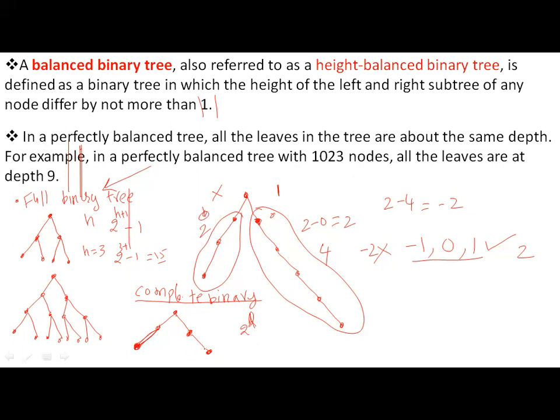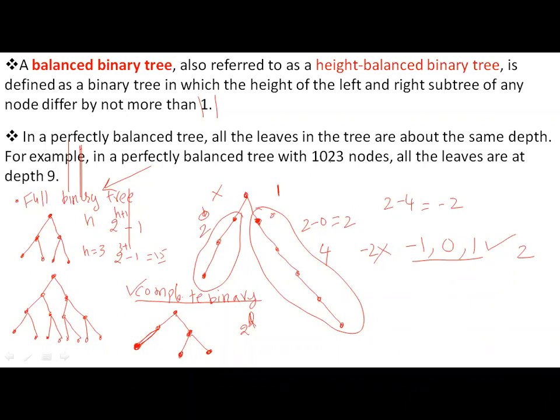Okay, if it has to be a right child, there should be a left child. Then only you can assign a right child. That means without assigning a left child, you cannot assign a right child. That is the meaning. That means if there is a child node, as far as practicable, the child node should be a left child. Then it is called a complete binary tree. Okay, so that is what he is asking here.